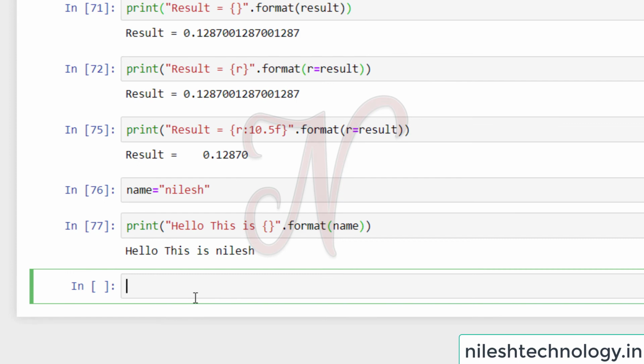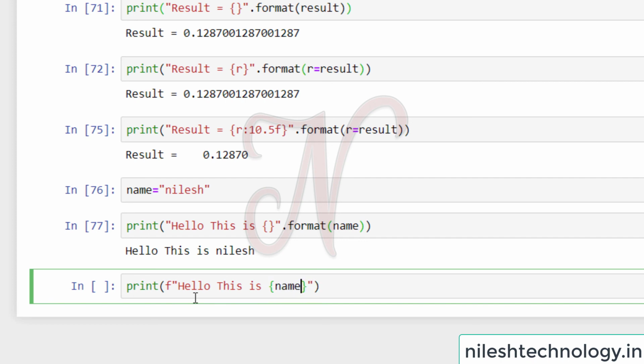Now instead of the format function, we use the F string. See here how to use print. Syntax is that pass here the F, then pass the string hello, this is, then curly bracket, and pass your variable name in this curly bracket.